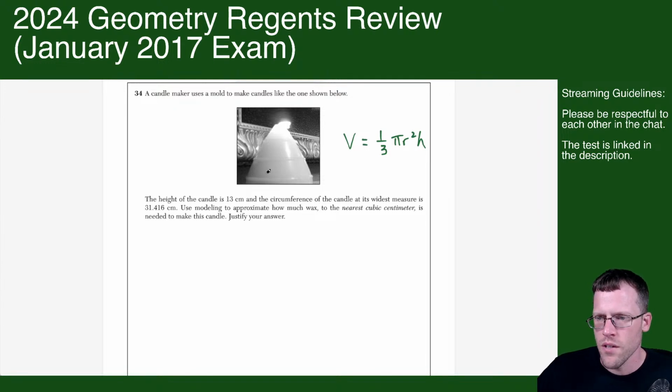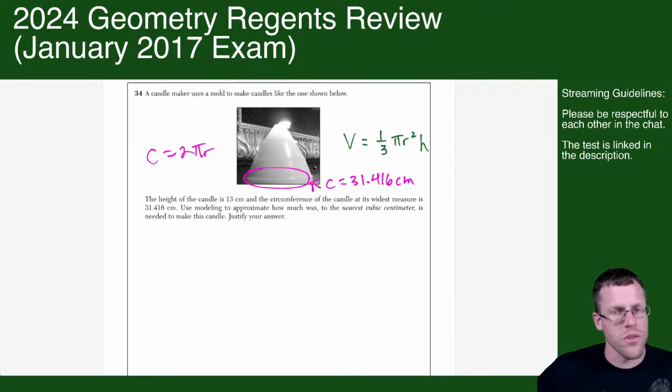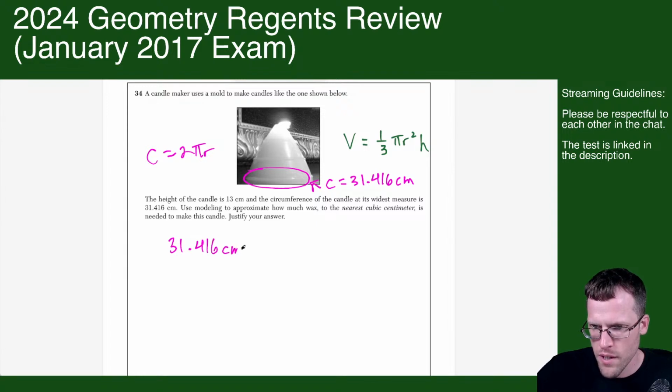Okay. So here, what they did to make it tricky is they told us, oh, whoops, pi r squared h. They told us the circumference at the base, the biggest circumference here, the circumference at its widest measure is this. And just know the circumference of a circle is 2 pi r. So if I want to find the volume, I have to know what the radius is. So I'm going to set 31.416 centimeters equal to,